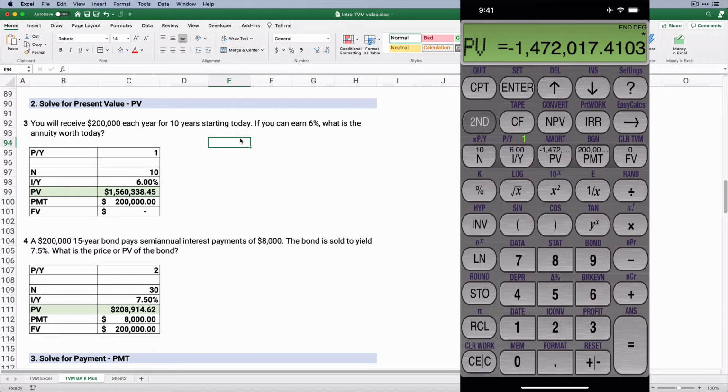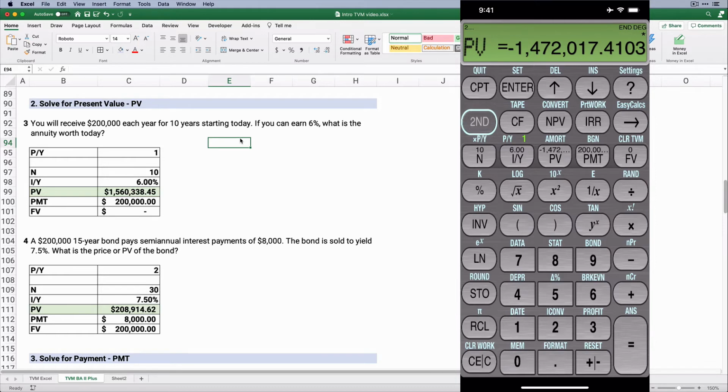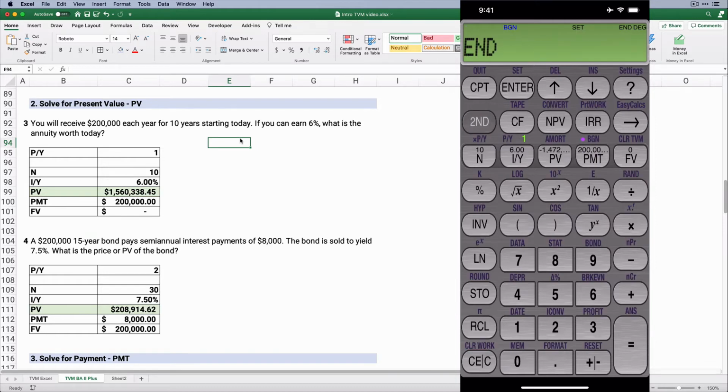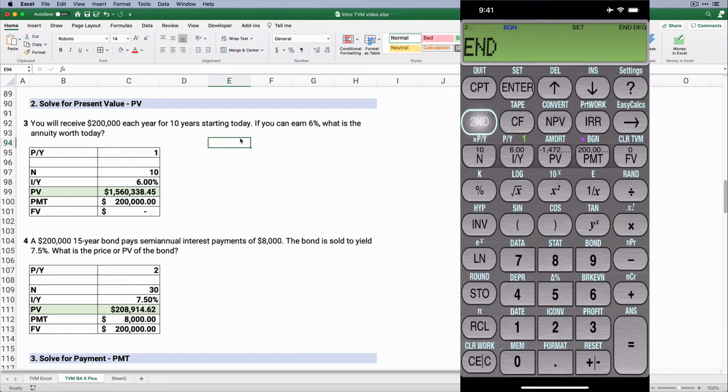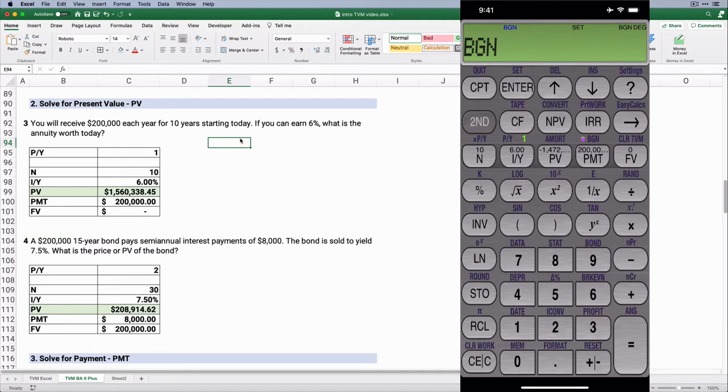Now to change that, do you see above the payment there's BGN? So I'm going to do second function. BGN, it says ending, and I need to set, so second function set. It toggles it from ending to beginning. So now I'm going to clear out of this and do compute present value. And our answer is correct now,